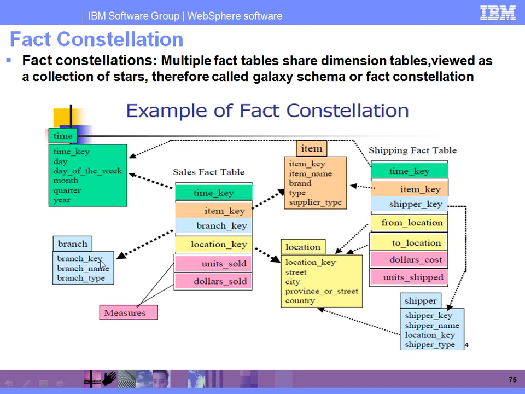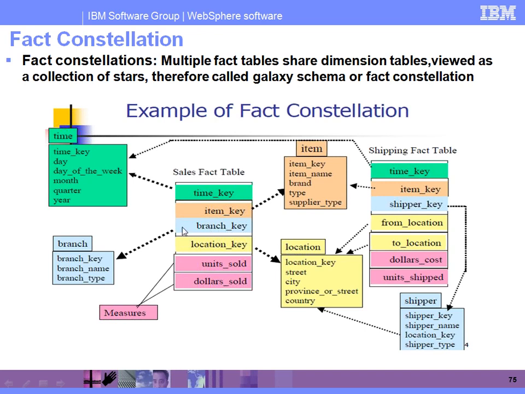Because I want to get the branch wise data with corresponding item wise data and with corresponding time frames also. In quarter one, what are the items we sent to a particular branch? If you want to know that kind of information, we need to get the data from the time frames, from the item table, and from the branch table also. To communicate these three, whatever key columns are there in the tables, we are going to put those as foreign keys in the corresponding fact table.